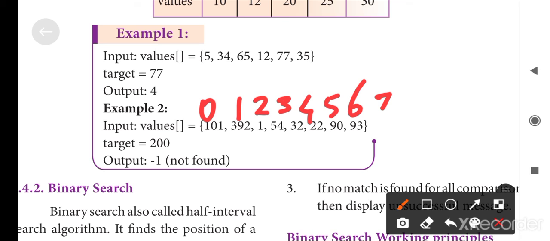Here the wanted element is 200. Can you see the list? We don't have the value 200, so the output is not found. This is the concept of linear search.